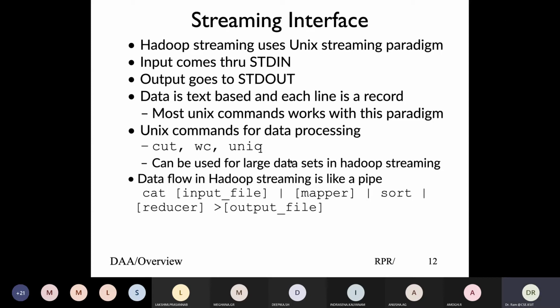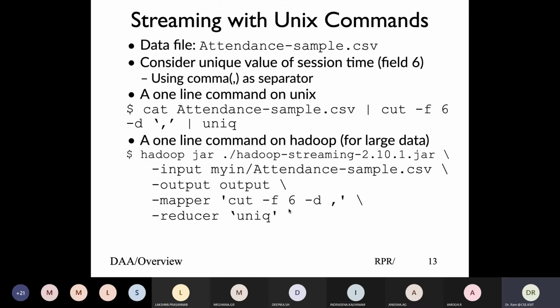So if you're just doing this, you can use this in data processing itself, or you can do whichever way. You can run some Python program, some reducer program in script or command line, as long as they follow the stdin and stdout interface, they work beautifully. The whole streaming works like a pipe, like Unix you study: cat input file, pipe to a mapper, then combiner and shuffler, sorting, then to a reducer, and you basically get an output file. And that's the way the program basically runs.